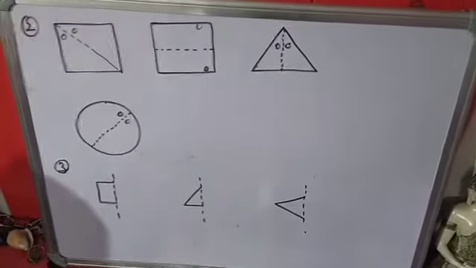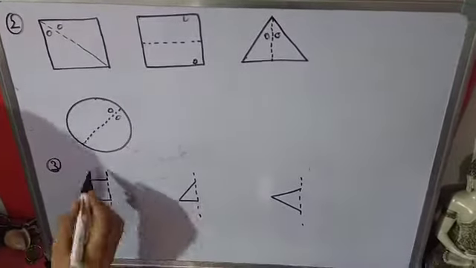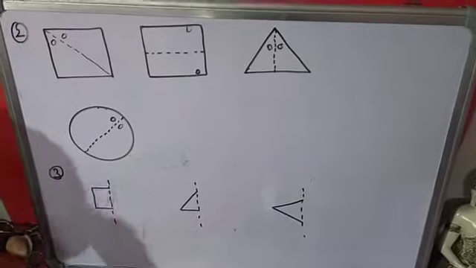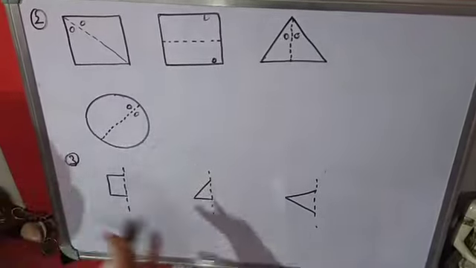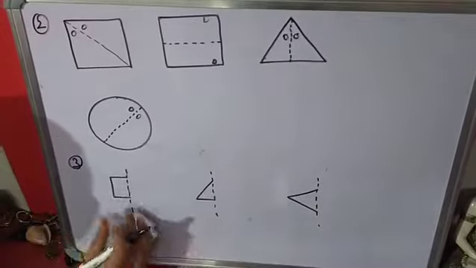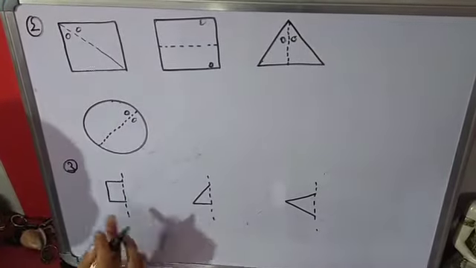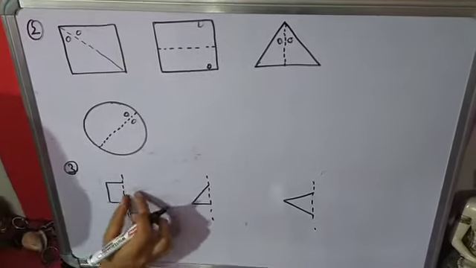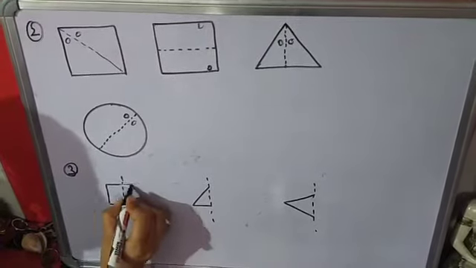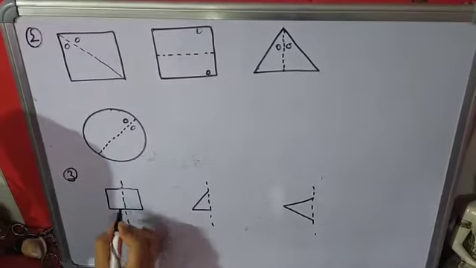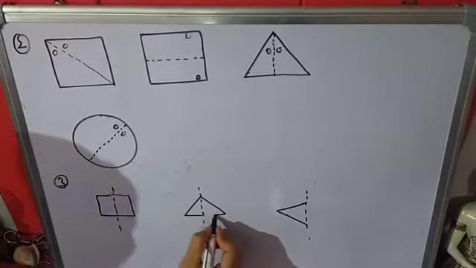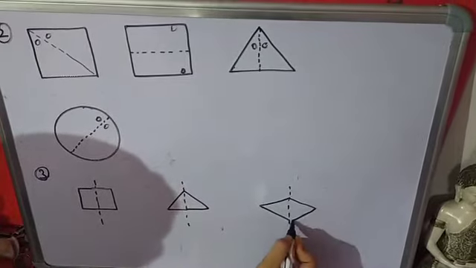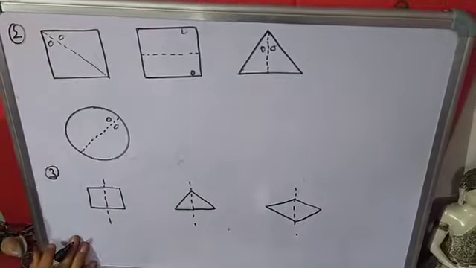Now third question, you have to complete these figures. This is a mirror image, right? In a mirror, we see ourselves exactly opposite, and an equal photo comes. So this is the symmetry line. So if there is this part, then after the symmetry line the same part will come here. So draw the same part here also and here also. The rest of the parts are homework of this third question.